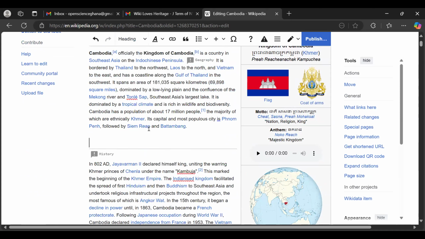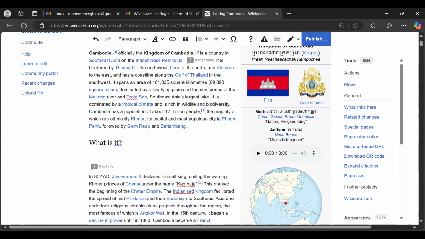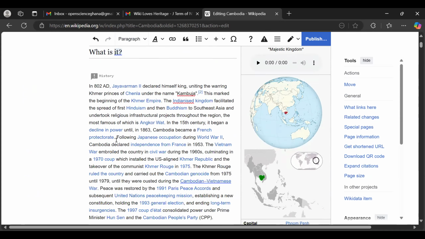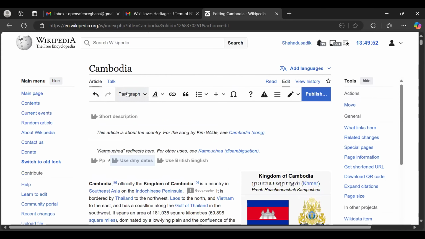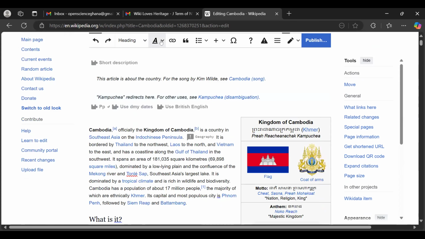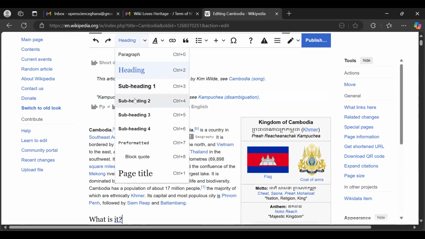Then I can type just anything. Then I hit enter. So this will allow me to edit this section. So now you know how to add a paragraph to new articles. Let's go back. Then if it's a subheading, it's the same process.